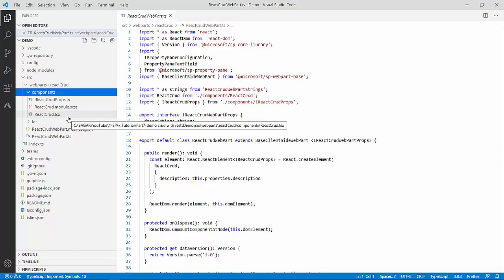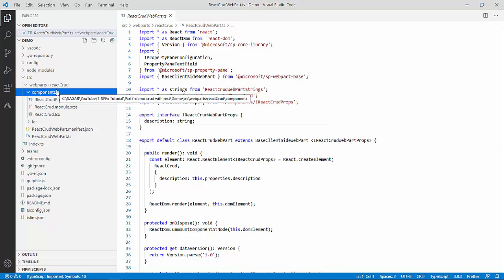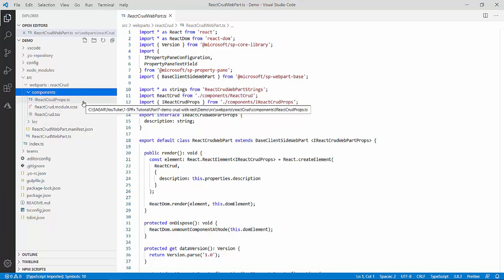First I will create the structure of my solution, what all I will require. So this is my component. If you have followed my last video, development with React, you will know what a component is, why it is required, and why we need to create state, properties and all those things. Again I am saying, if you are not familiar with the concepts, please visit my last video, development with React part 6.